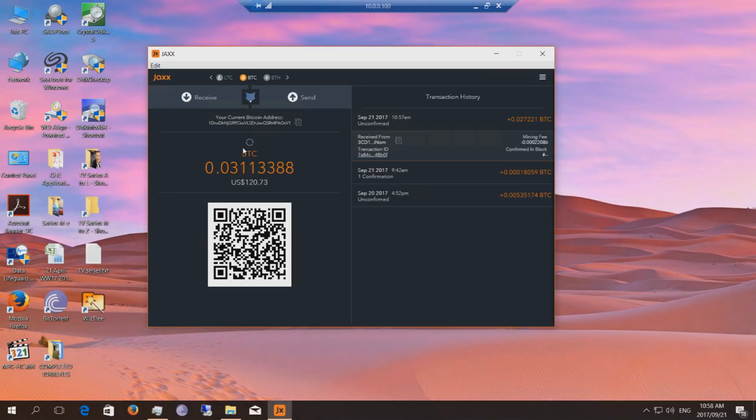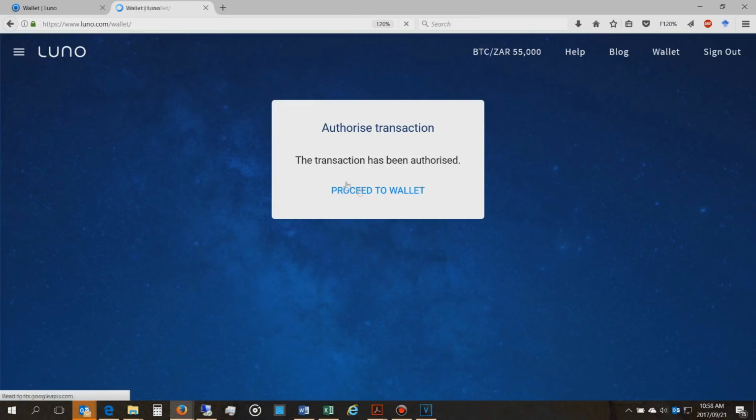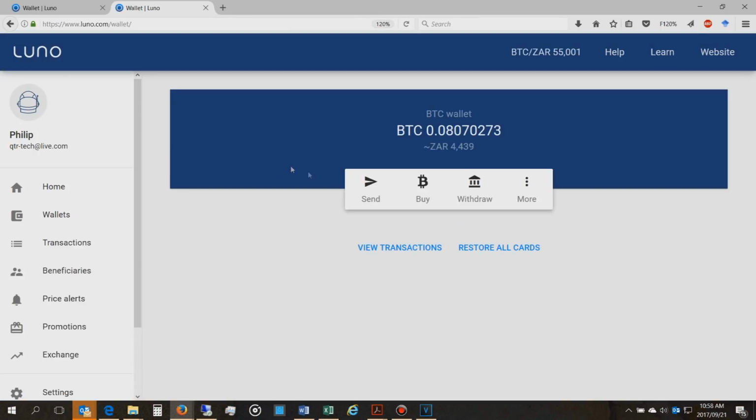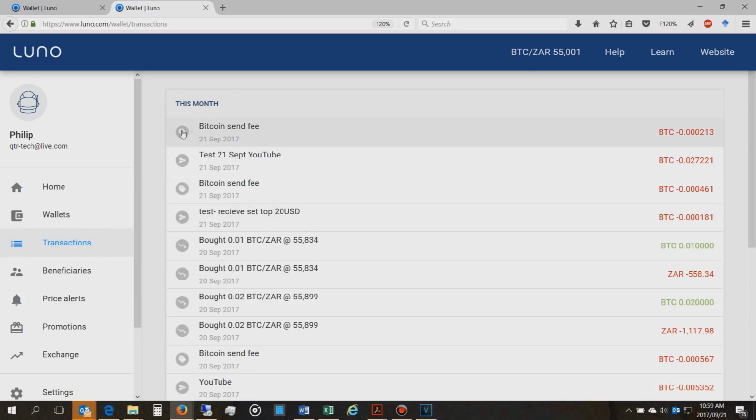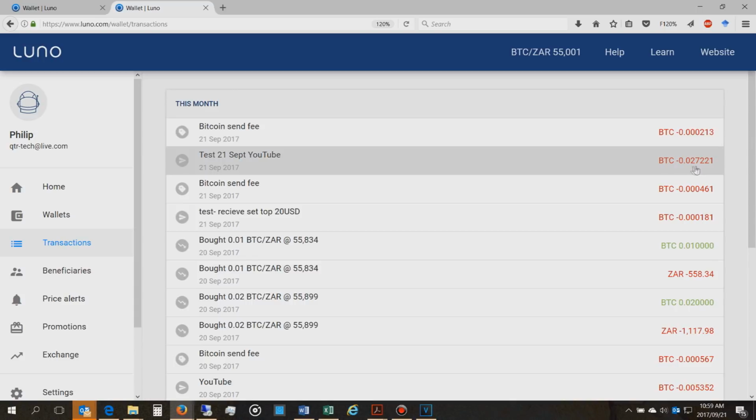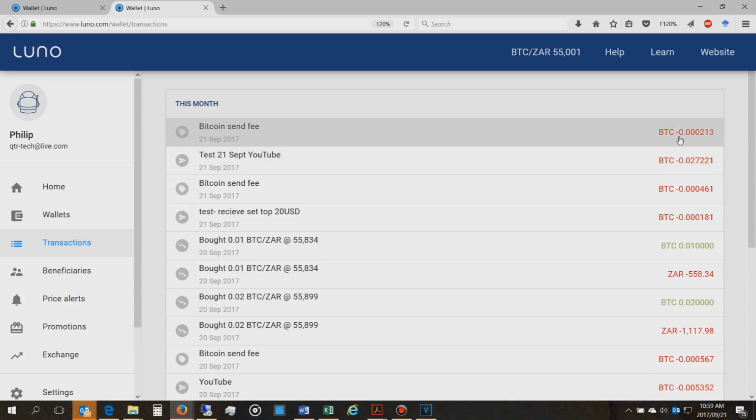So here I've shown you how you can receive Bitcoin from another source. I transferred it from the Luno platform, and you can now see that my Bitcoin wallet has decremented because I have transferred funds from this to this platform to the Jaxx. So there we go. I transferred 0.027 and there is the Bitcoin send fee